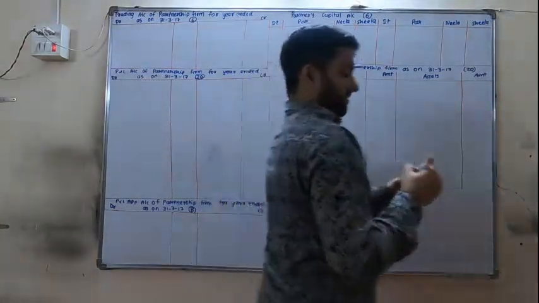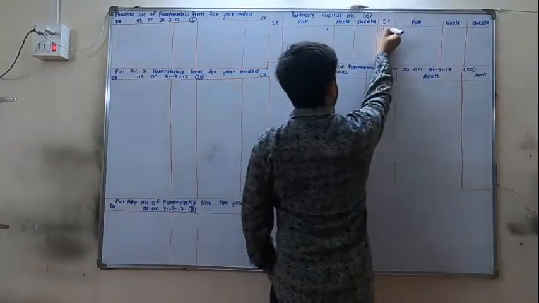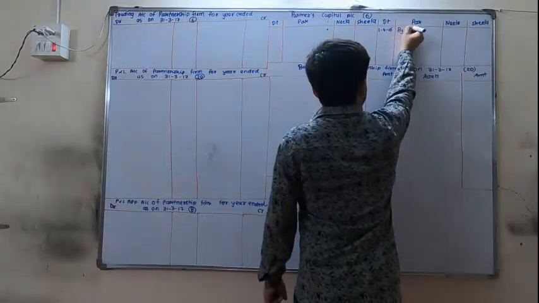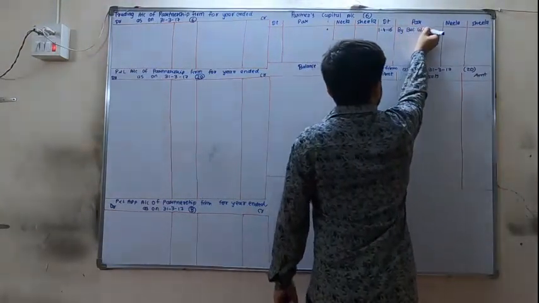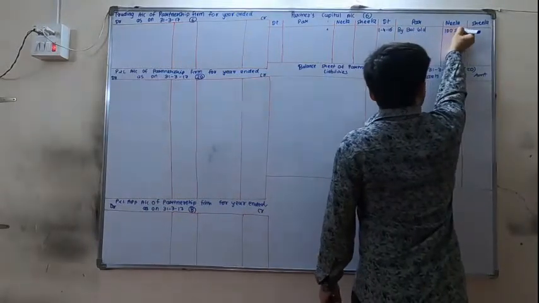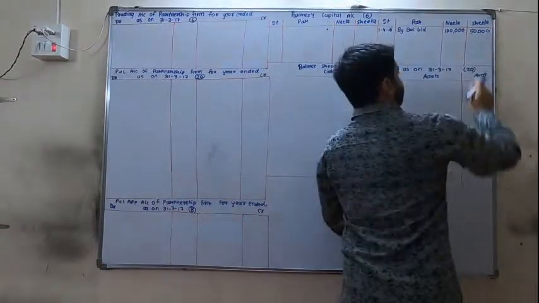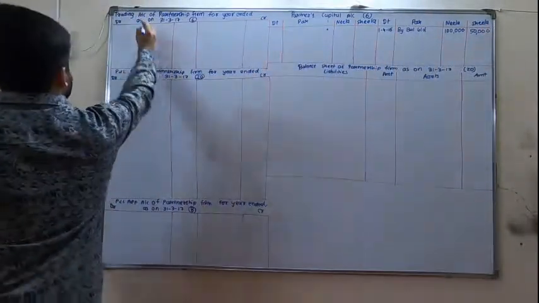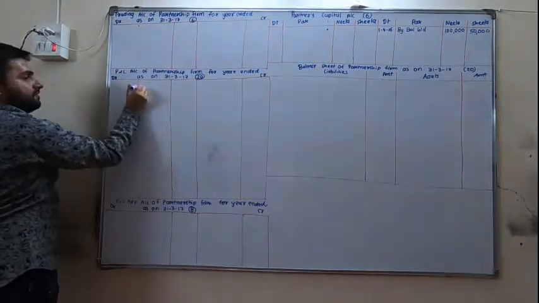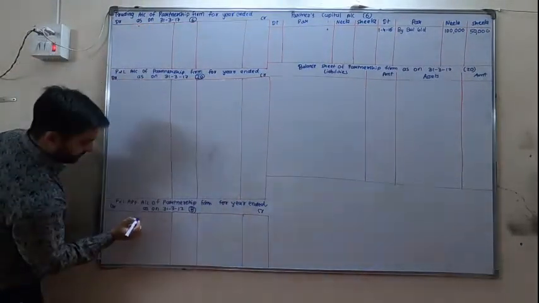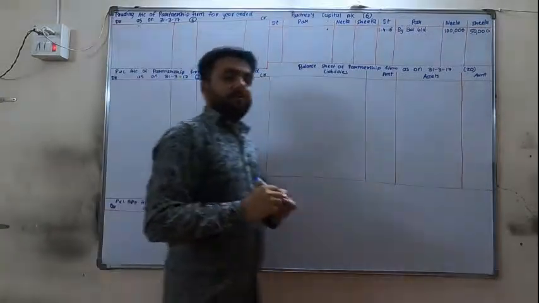Let us start the sum, friends. Starting with the opening balance of capital account 1/4/16. By balance brought down, for Neela we have 1 lakh, for Sheila we have 50,000. After that, leaving the lines, here 1 line for opening stock, here 2 lines each. Okay. Now the sum is started.